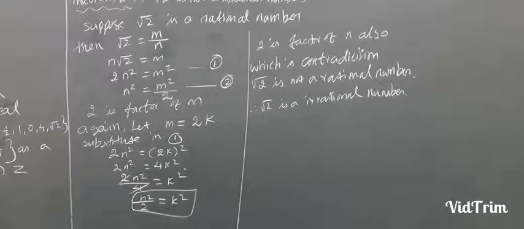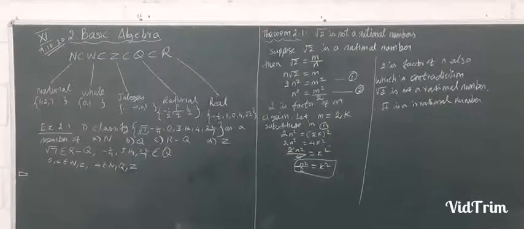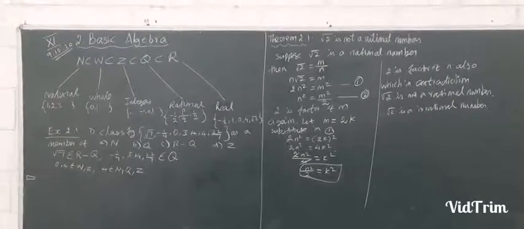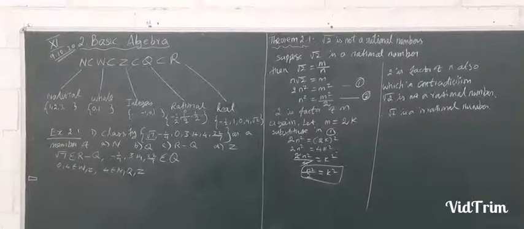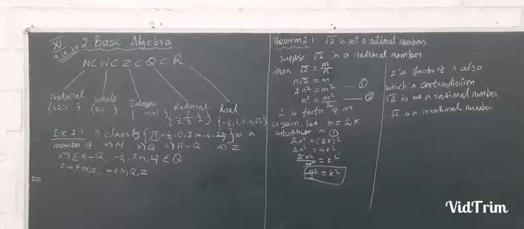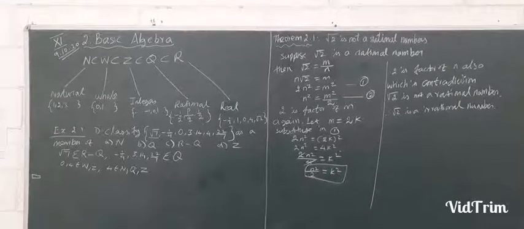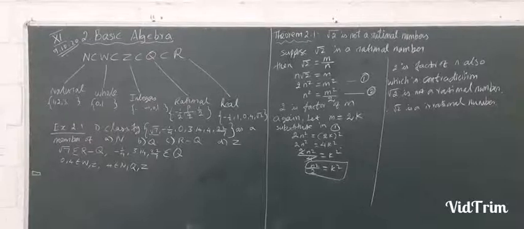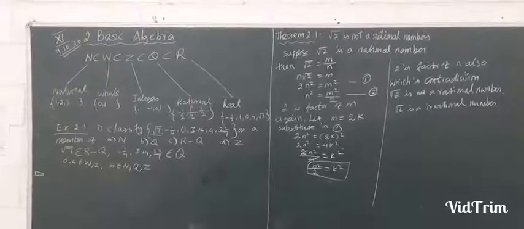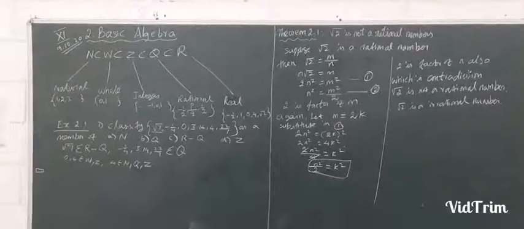That's all the theorem. The same thing we are going to do in the exercise sum, root 3. You just see the full board work and you try the exercise sum. Root 3 is not a rational number, which means root 3 is an irrational number. Just copy it to your CW note.